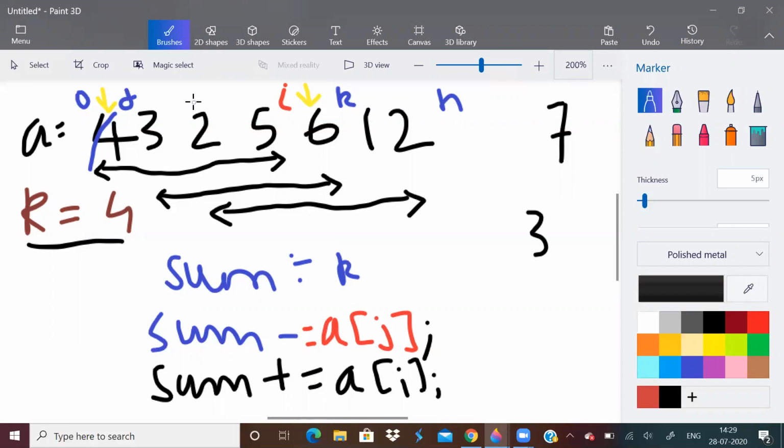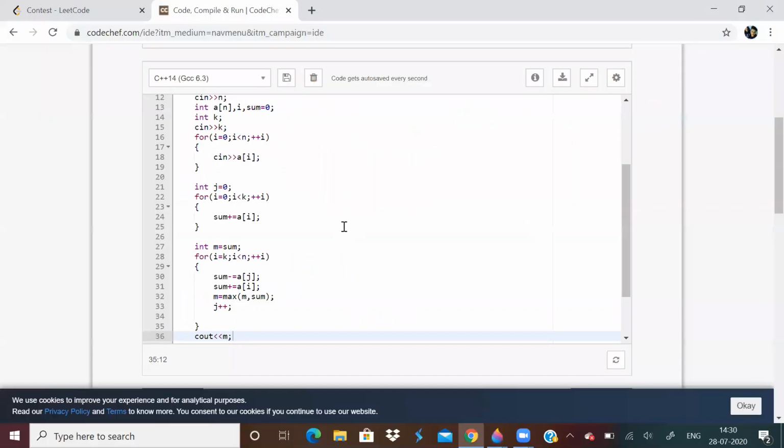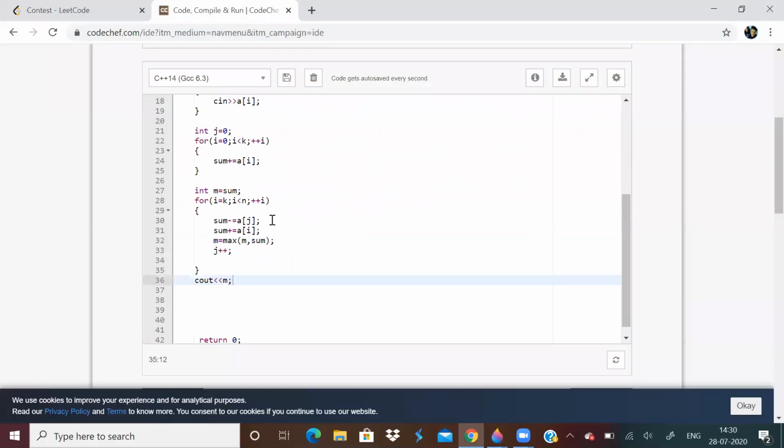So we are constantly moving a window of a particular size, which is in this case k equal to 4. So that's all. You can have another look at the code. Record the maximum continuously, keep recording. And these two statements show that you have moved the window, this one and this one.